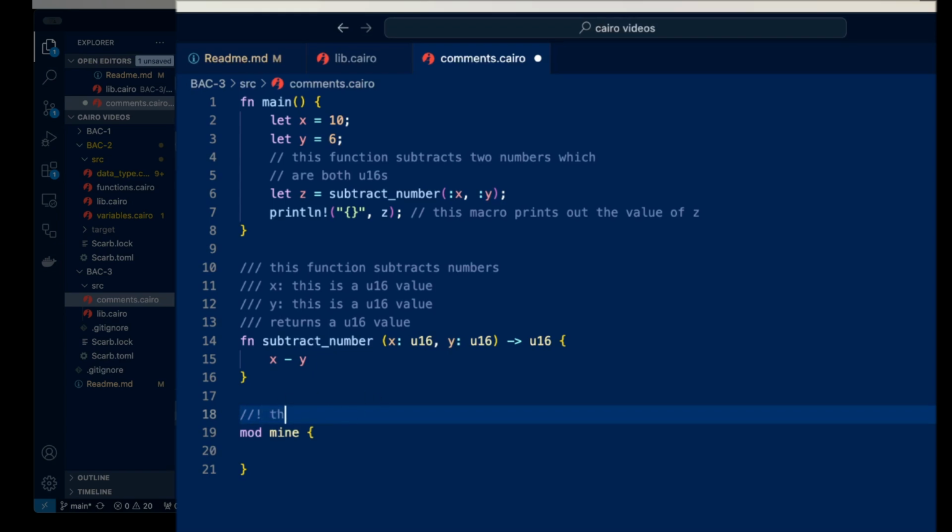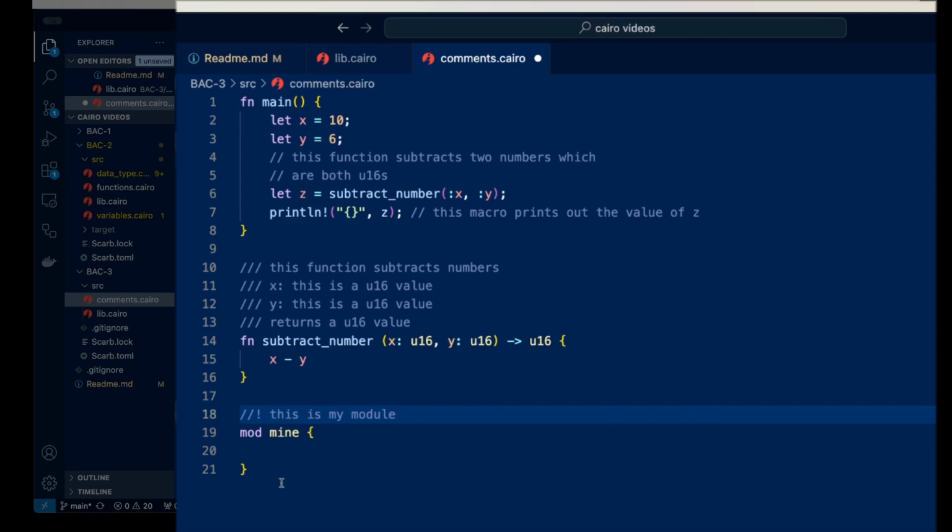With this I could say this is my module. That's basically all you need to know about writing comments. So remember, two slashes for simple comments, three slashes for functions, implementations, traits, and two slashes and an exclamation